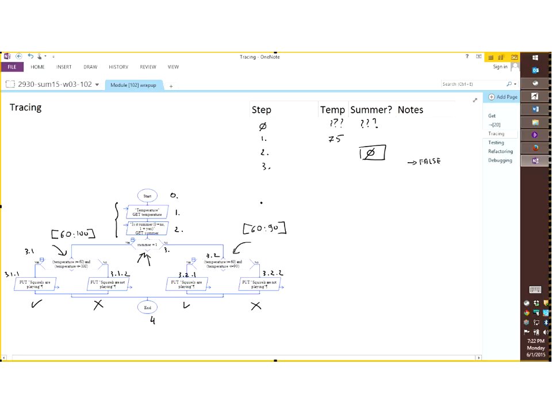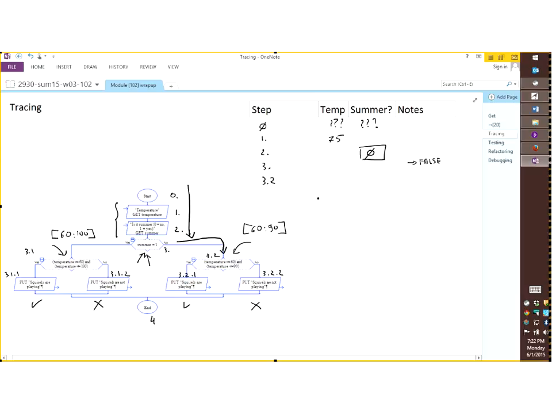That helps me keep track of what's happening. Then what do I do? Well, if it's false, that means that so far I've been executing my code sequentially, one statement after the other, and now I'm branching to this part of the code because my evaluation of the condition at step 3 tells me that this condition is false. So I follow the no branch, and I find myself with another if statement. So I am now at statement 3.2.